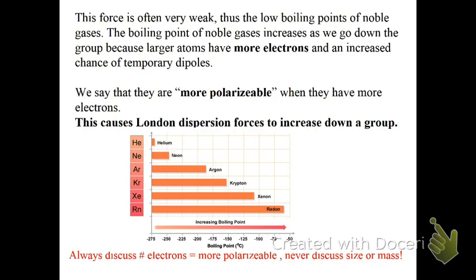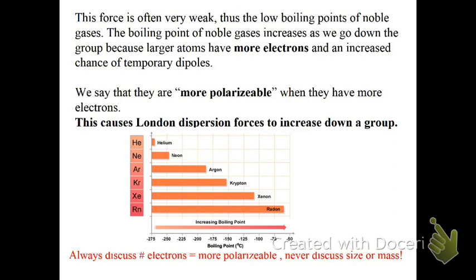Always when you're discussing London dispersion forces, always discuss the fact that they have more electrons, which means they are more polarizable. Never just say it's bigger, it has more mass, okay? That is not the reason that the boiling point goes up, just because it's bigger. It's because of the electrons, and the electrons are inducing more of these dipoles, which causes the force to be higher. So please, if it's not in your notes, write it down,